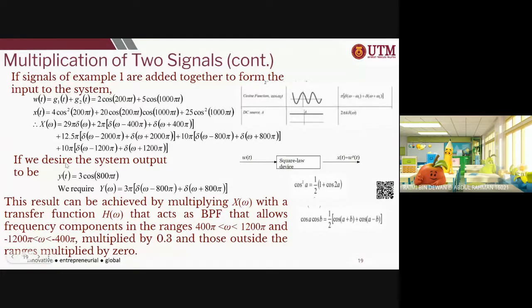If we desire the system output to be y(t) equals 3 cos 800 pi t